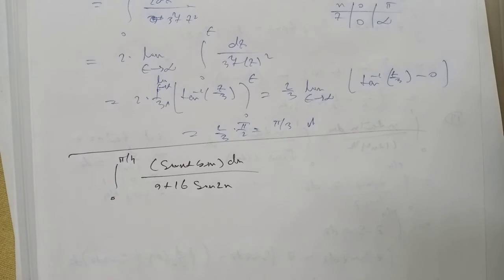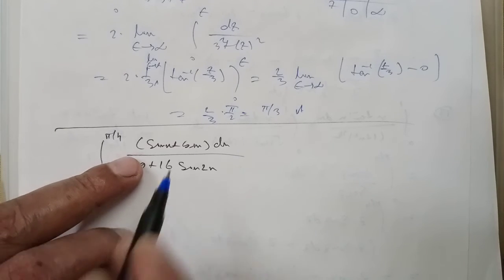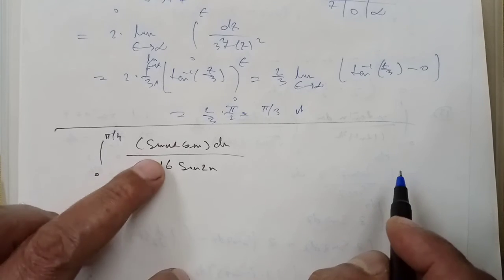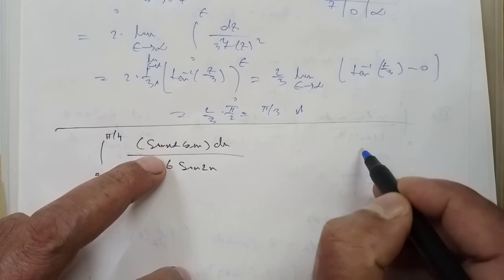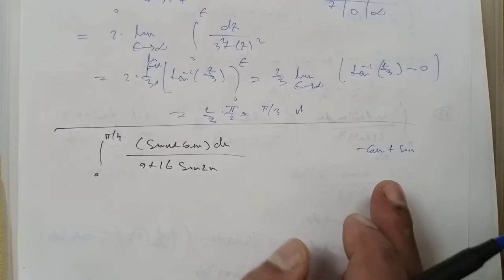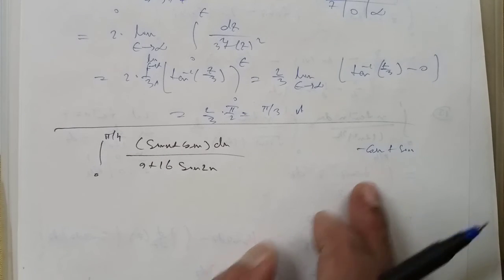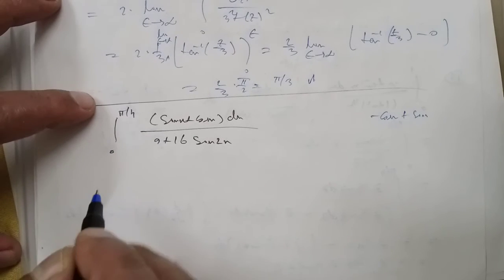Okay. First, find what is to be differentiated to get sin x plus cos x. That is, do the integral of sin x plus cos x. Integral of sin x is minus cos x, and this is sin x. So sin x minus cos x. Sin x minus cos x, its derivative is sin x plus cos x. So we have to make sin x minus cos x in the denominator. How do we make this?